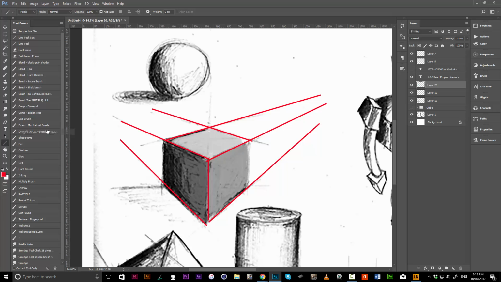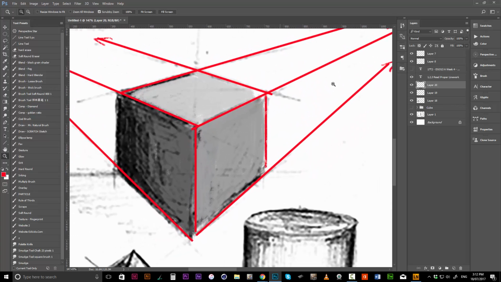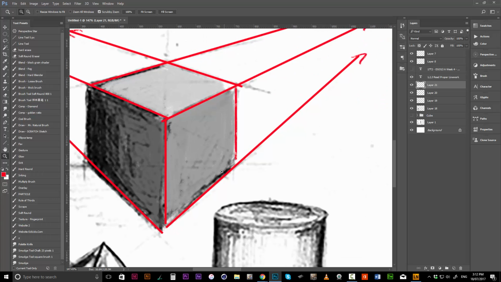So if I was shading with my pen or my pencil, I would make my line work kind of follow the perspective lines,